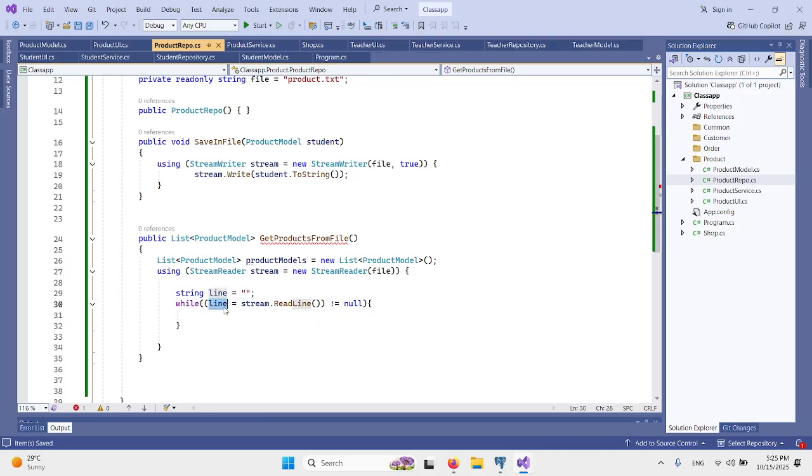Now every time, this loop will read a single line.